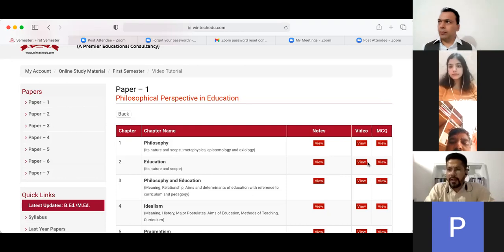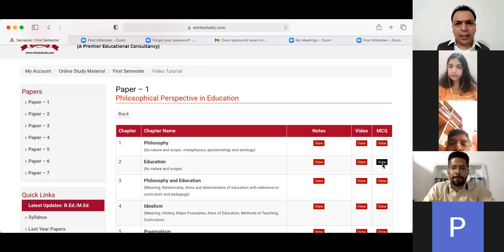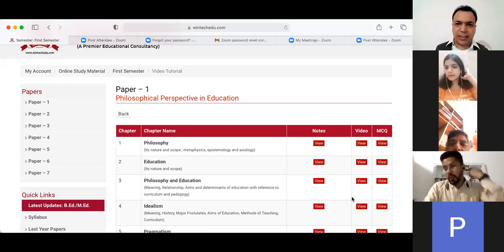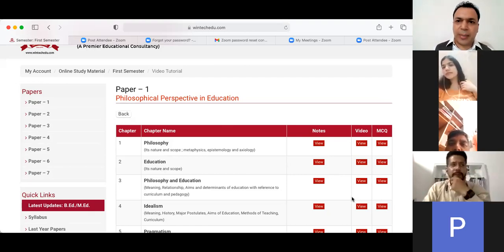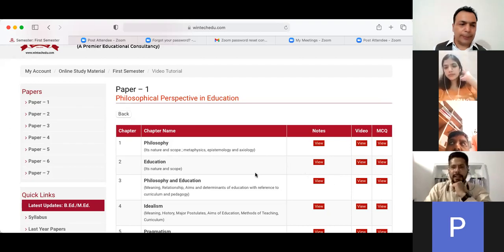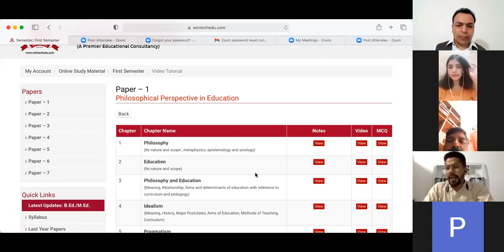And the third one is MCQ. I'm just clicking on the MCQ. Do you want me to click on the first two or just go with MCQ only? Sir, this much is enough for now, just let them enter. We will do the next part later, otherwise this will go long. Just for how to create a username and password and how to enter. So I think it's clear. You have three options: notes, video, and MCQ to help you know how much you have grasped.